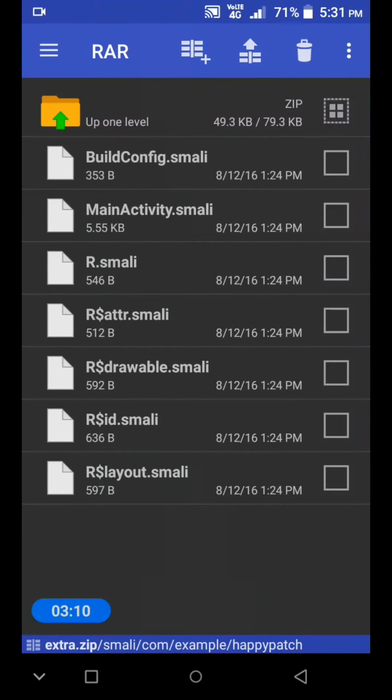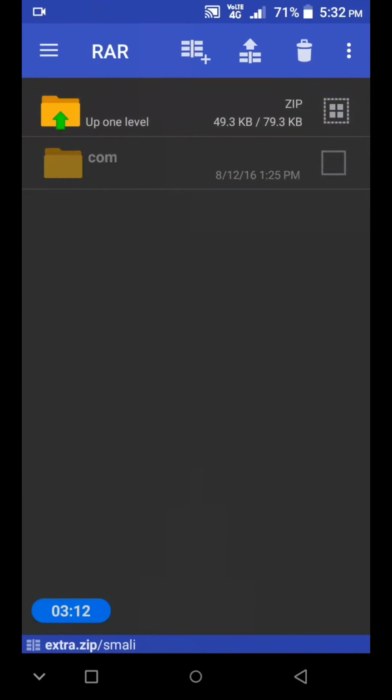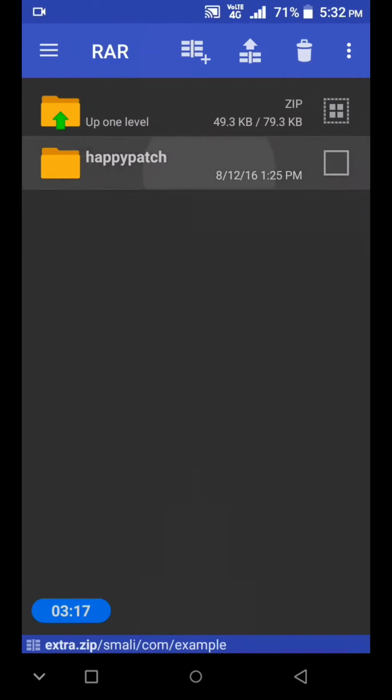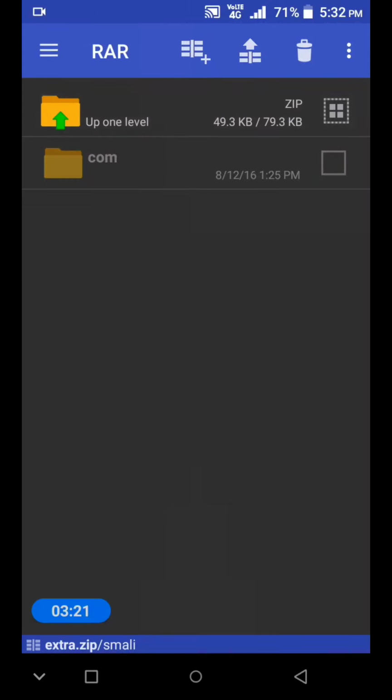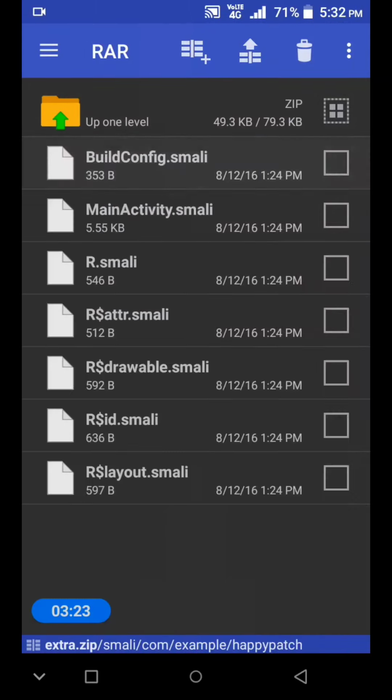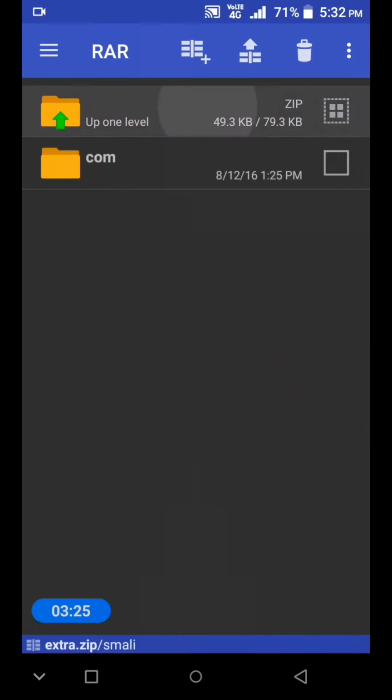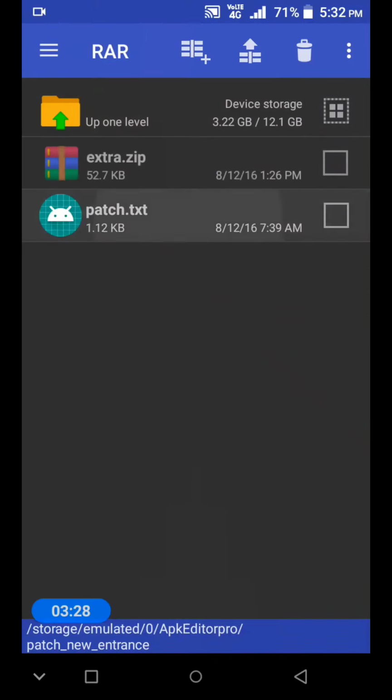You can see we have activity, many activities. I told you I named the package as com.example.happypatch. The reason is that it will be easy to implement here. We just have to change the files here, and we need not change the patch text, so it will be as it is.